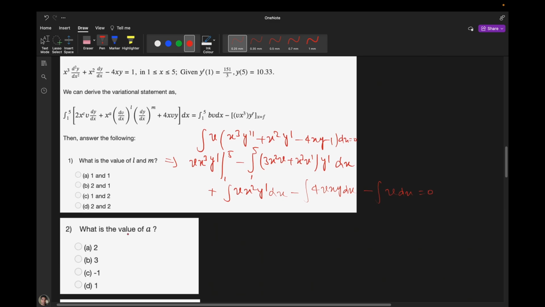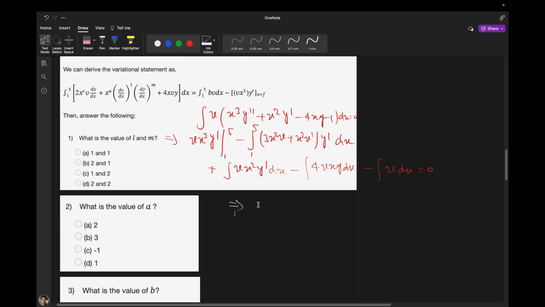Tell me, are all correct, right? Yes, sir. Now I will assemble all these. So you will get the integral from 1 to 5 of x cube v dash, that is dv by dx, dy by dx. And here you will see that these two terms are the same except for the coefficient, so that will become minus 2 x square v.